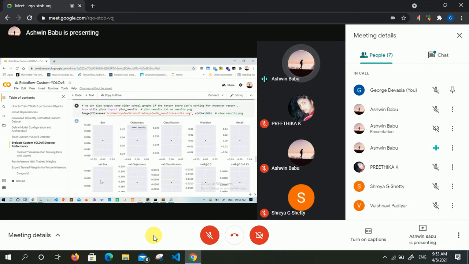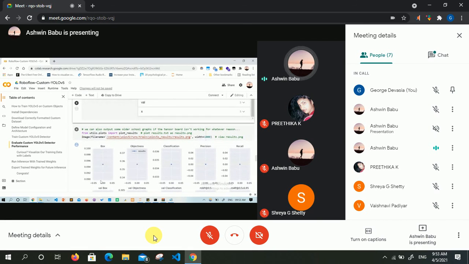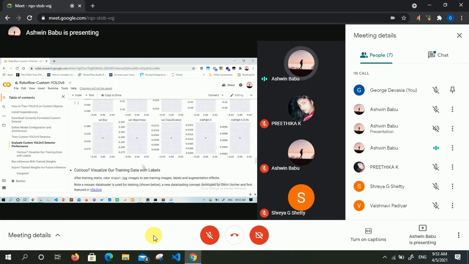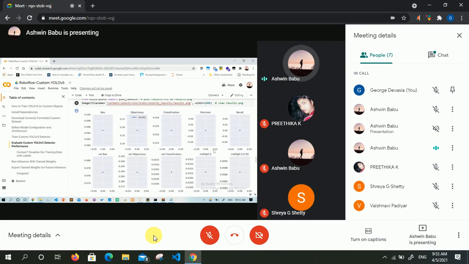Previously I told you what overfitting and underfitting are. To know whether our neural network is overfitting or underfitting, we need to analyze this graph. If the accuracy on the training graph is too low, that means it is underfitting. If the accuracy is too high but too low on the testing data set, then it means overfitting. So all these things you will be able to understand from the graph.